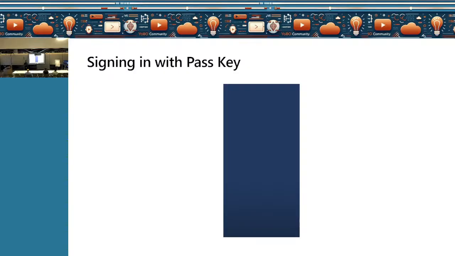Like when we use Windows Hello for Business in the environment, we are not changing Kerberos. Kerberos remains. We are just changing how you present your credentials. You were presenting credentials in terms of a password. Now you're presenting credentials by a key, which is securely stored, in the case of Windows Hello for Business, in the TPM, and in this case using Authenticator on your mobile devices.